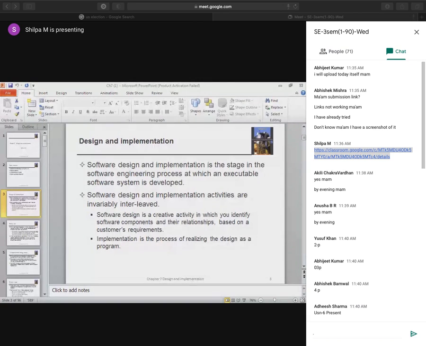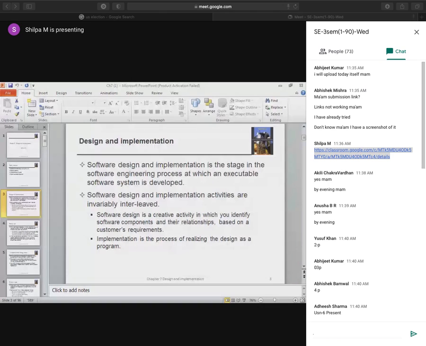Fine. So what is software design and implementation? It is a stage of the software engineering process which involves development of an executable software system. So in this phase, the actual coding of the software takes place.